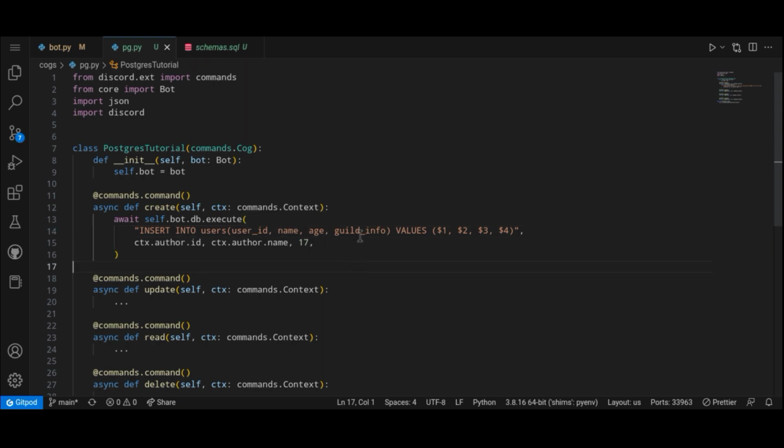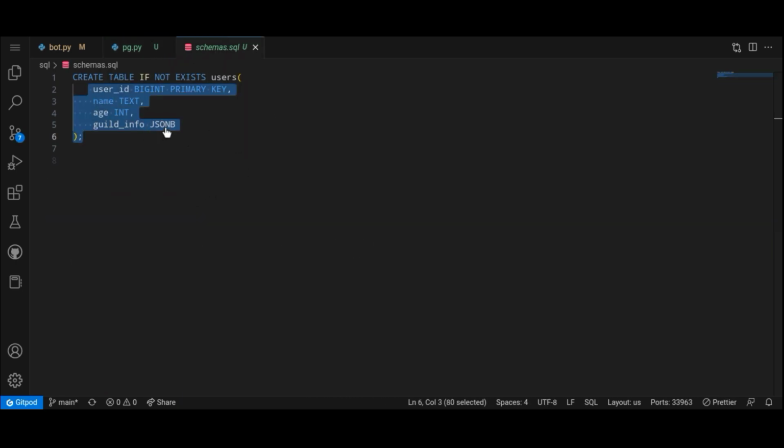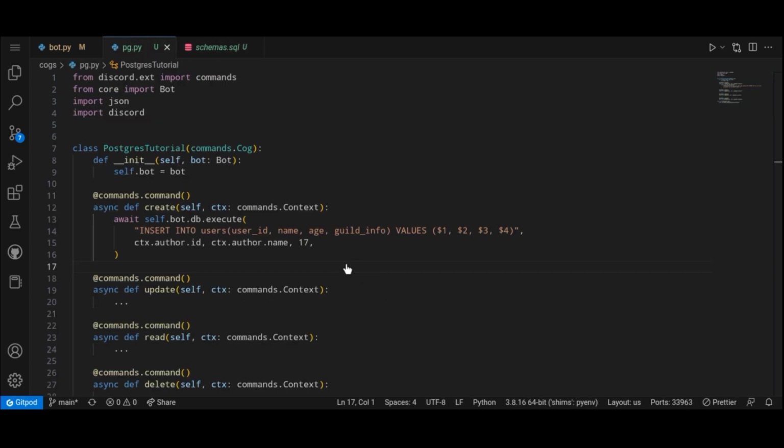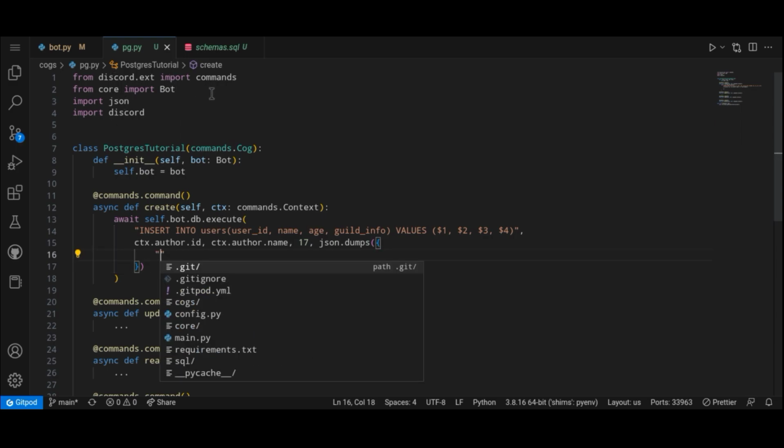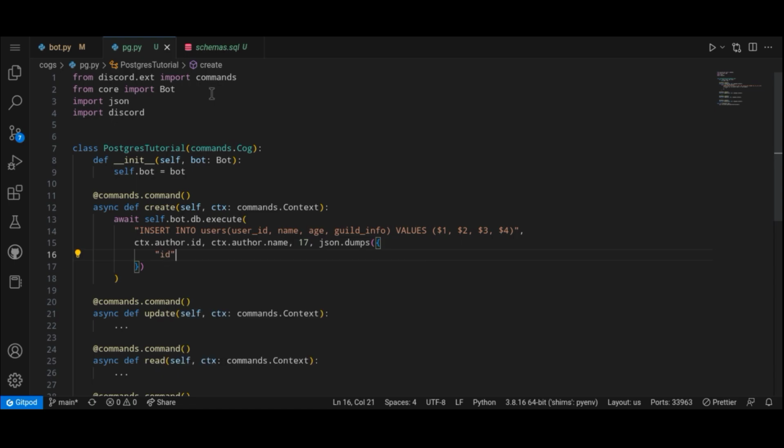Because this is a JSONB data type, we need to pass JSON here. So just do json.dumps, and the object will be a dict. I want the id to be ctx.guild.id,